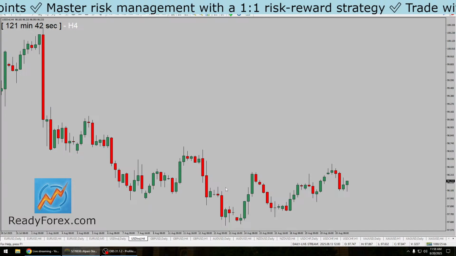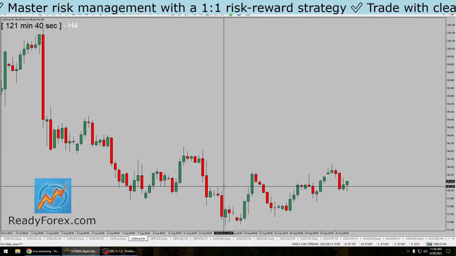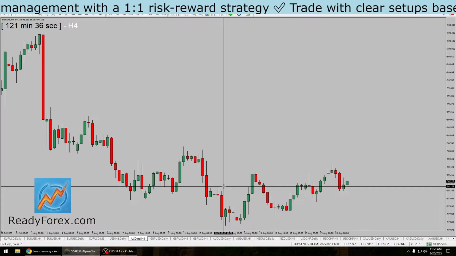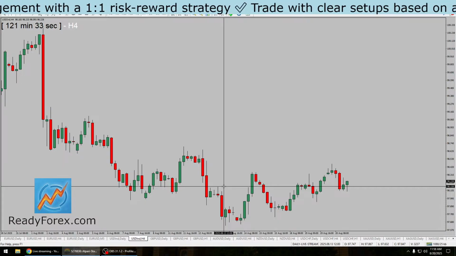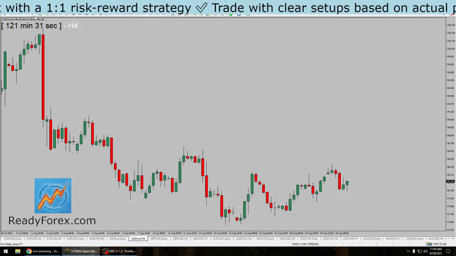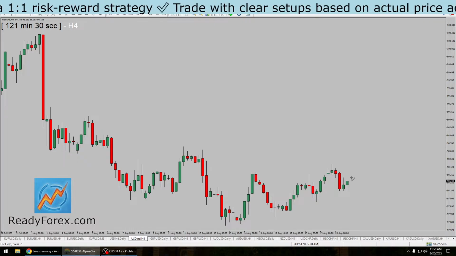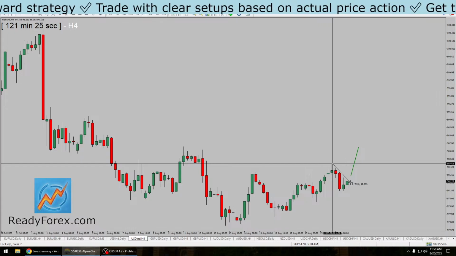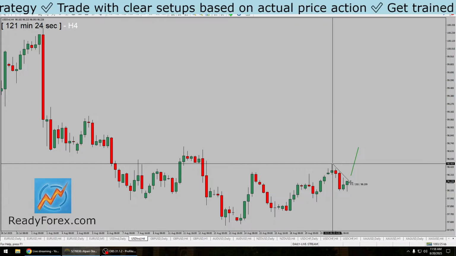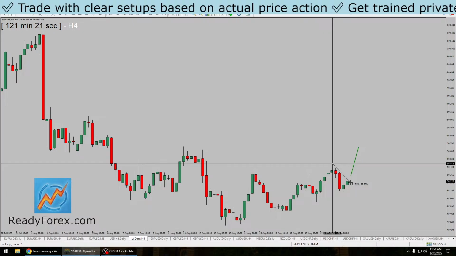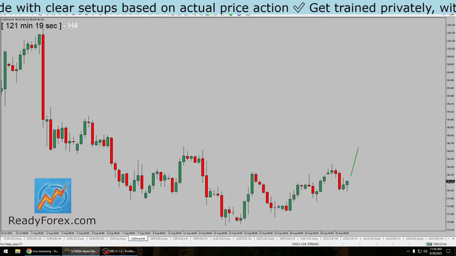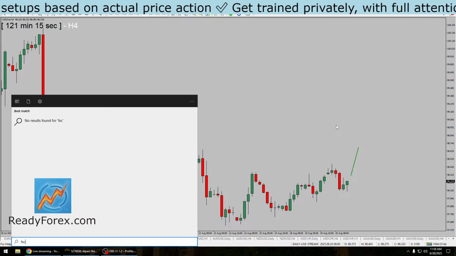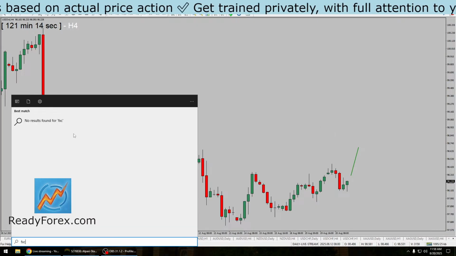Let's see. Yes, this one is the breakout right over here. So the DX is going up. I think it's going to break above this high. So expect a 25 pips bullish leg. That's what I'm expecting in the DX. And this means euro dollar is going to drop. So this also means that the trade which I've taken,